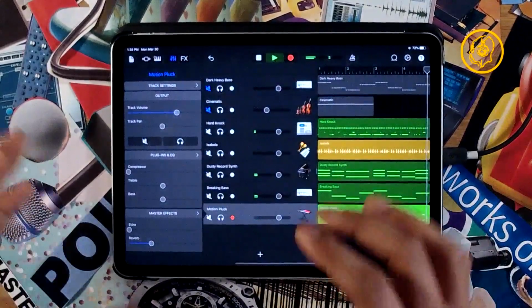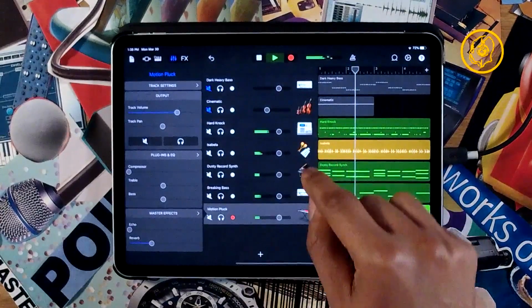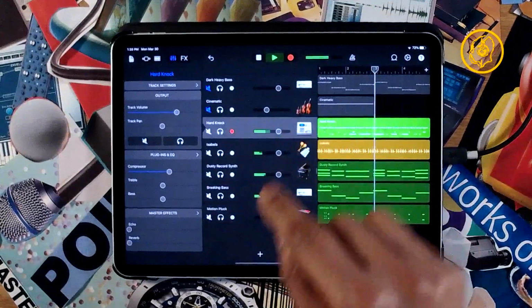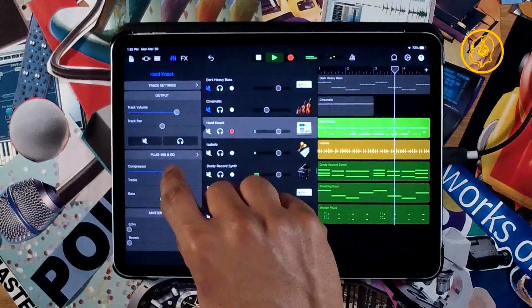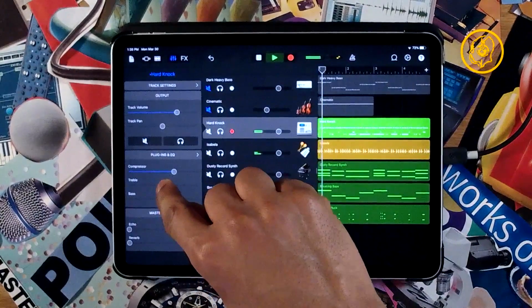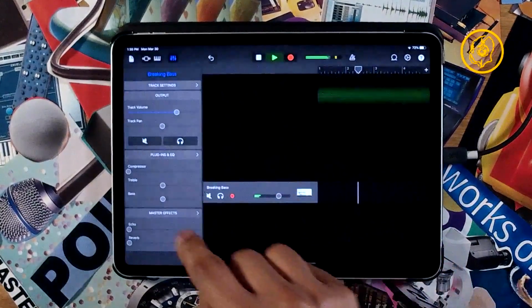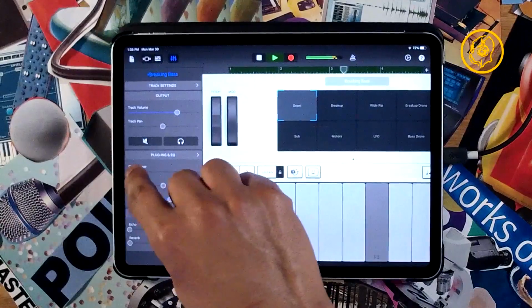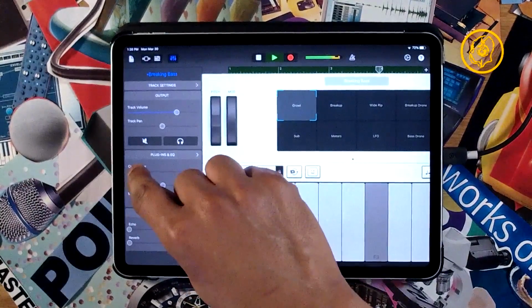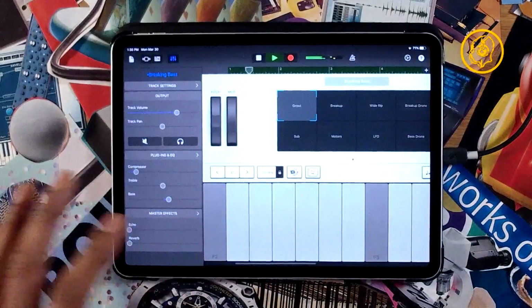Let's put a little bit more EQ in that bass and make those drums snap a little bit. Not too much, just a little bit.